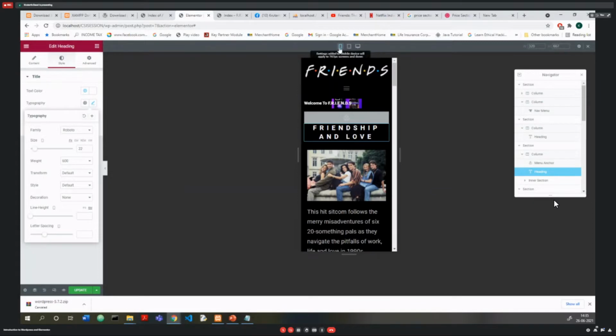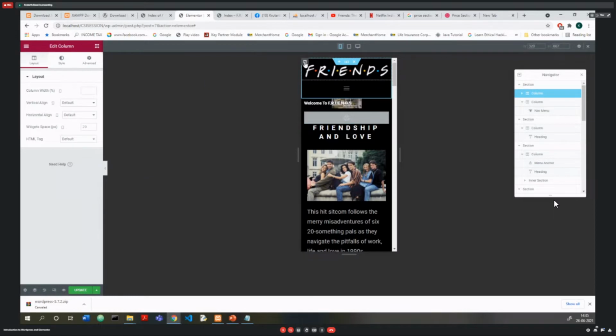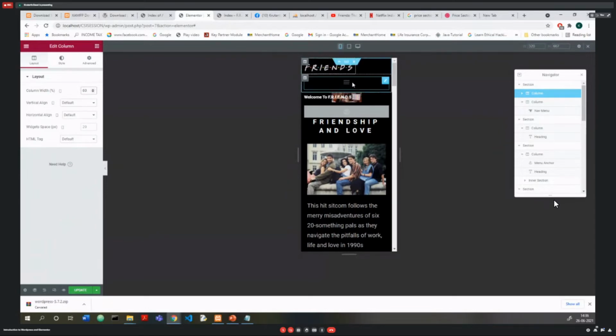So you change for mobile, then the changes are for mobile. Other thing that is present is friends, and this navbar toggler is going up and down. So what I need to do is, I just need to click on column, because I am going to deal with column. This column size is 100%. See, as I said before, I need the column size to be 60% for the logo and 40% for